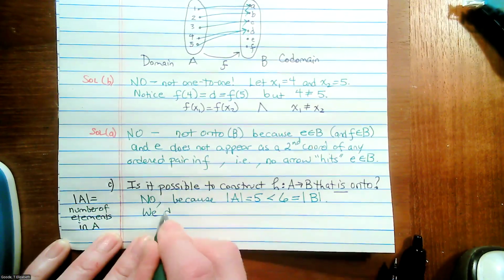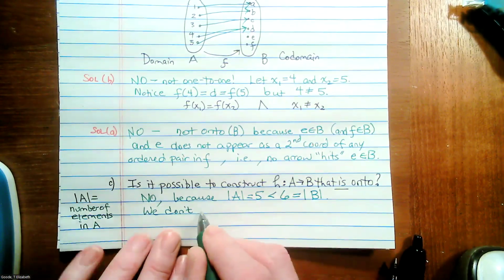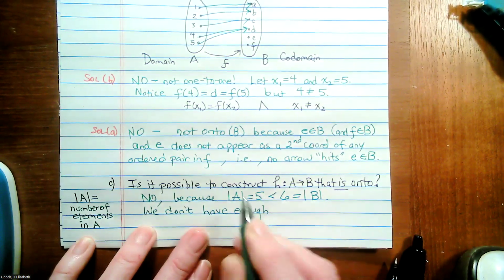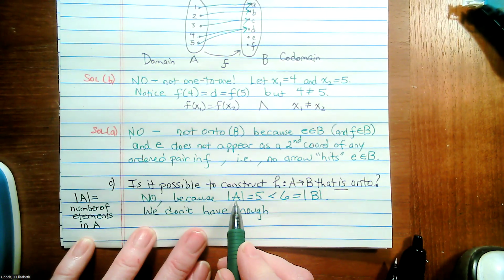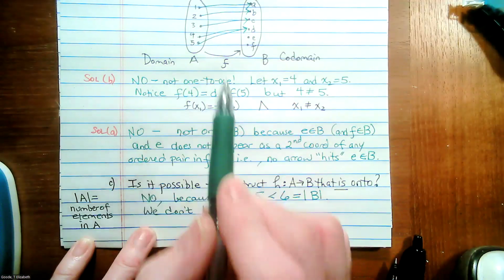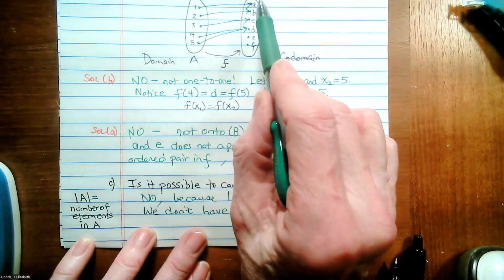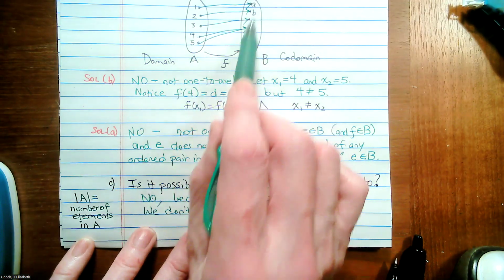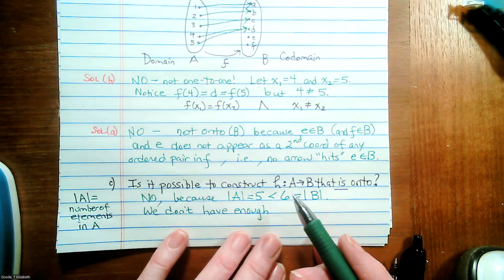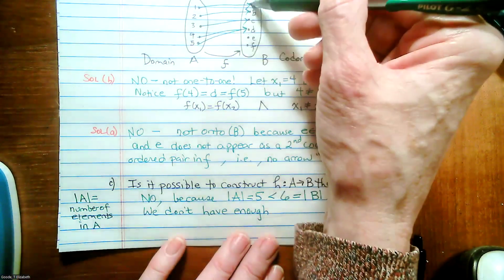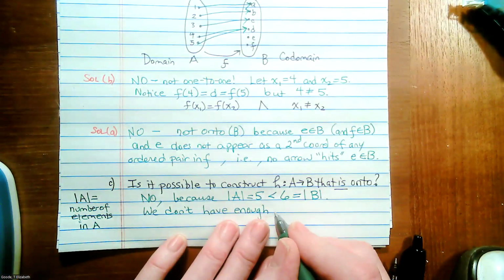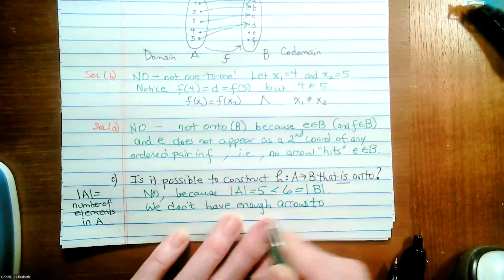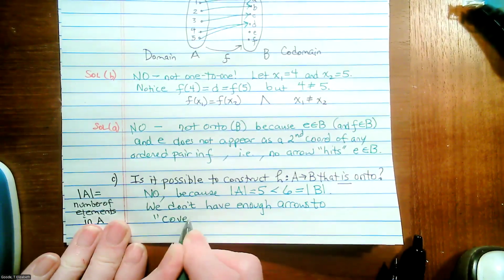We don't have enough arrows to cover up B, because we get one arrow from every domain element. We only get one arrow. We just don't have enough arrows, no matter where we send the elements of A. We just can't cover up B because B's got more points, more elements than A. We don't have enough arrows to, quote unquote, cover up